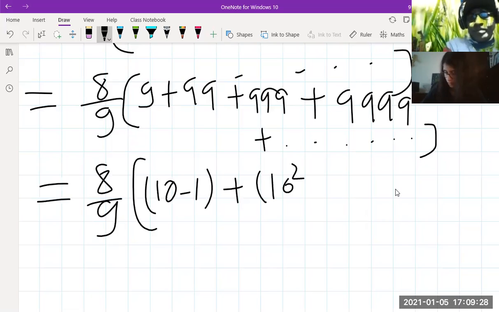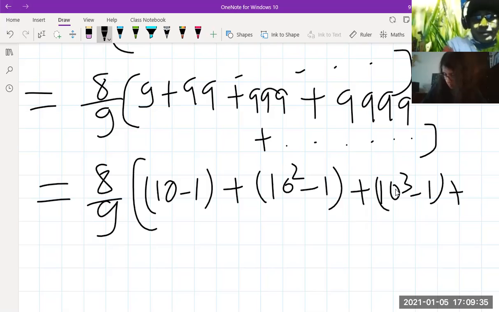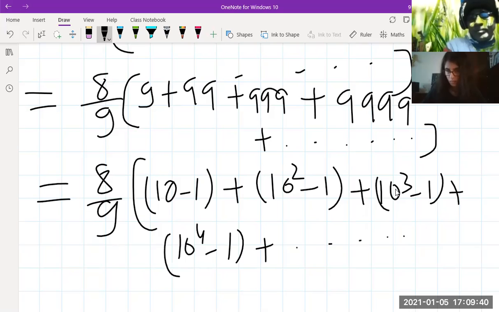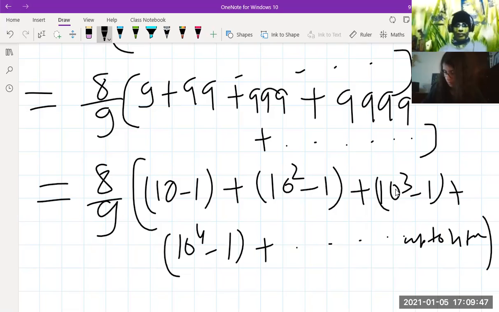minus 1, and plus 10 cube minus 1, plus 10 to the power 4 minus 1, and so on, up to n terms, okay? So now what we do, we first take all the terms related to 10. We take all the terms related to 10 together, and so we can rewrite it